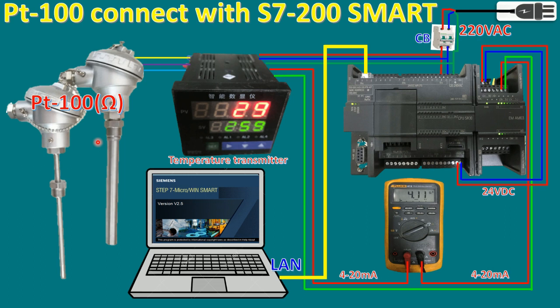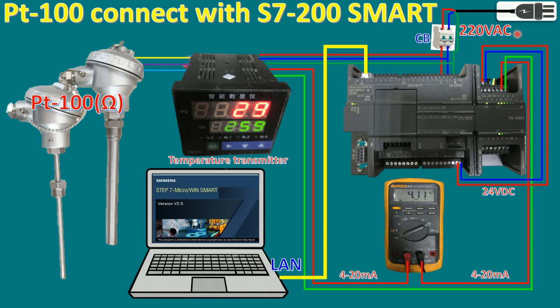So first, here is the Pt-100 that we can connect, the ohm value, to the transmitter, and then the transmitter will provide the output 4 to 20 milliamp, and then we will connect in parallel with the multimeter to measure the milliamp, and then continue to the analog input module. Okay,